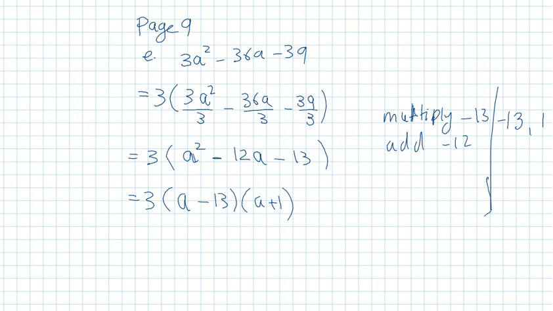Right? So, no, you can put A plus 1 and then A minus 13, it's going to give you the same. If I want to check my work, and this would not be on the test, you don't have to put it on the test. But if you want to know, okay, I have about half an hour left, what do I do? I can check my work, right? So the way that you can check your work is to work backward. Okay? So what we did here, from here to here,